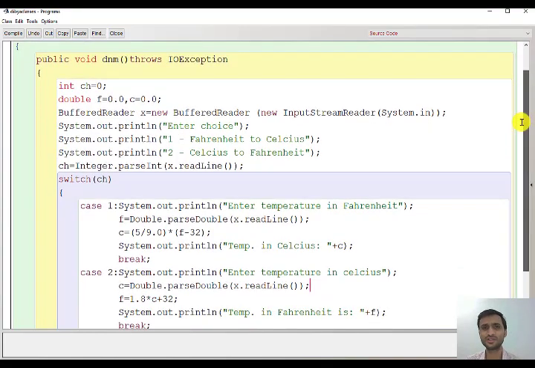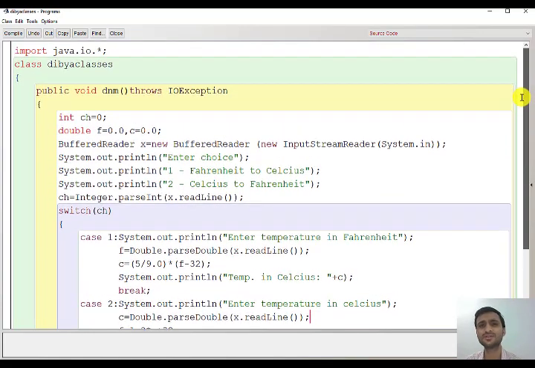Okay, clear? So once you have written in scanner, it is very easy to convert it to buffer. You have been writing scanner programs in class 9, so you are more acquainted with it. So in the board exam, you can write in scanner. If, for example, you want to write in buffer and you are not getting how to start from buffer reader, first write the program in scanner, then convert all these 4 things: the import statement, the throws statement, the scanner line, and the input method, the part where you are taking the input, to the buffer reader syntax. Write in pencil, rub it and convert it to buffer reader. So simple to do. Right?